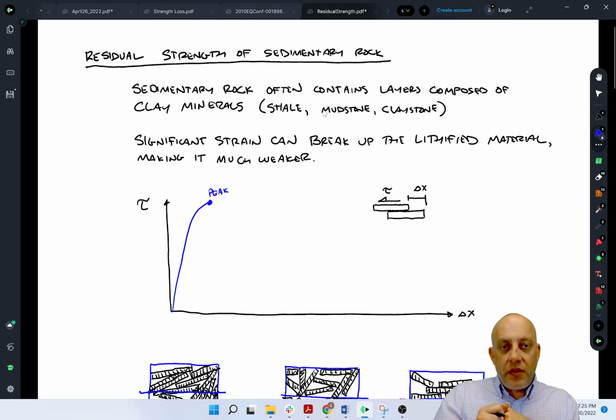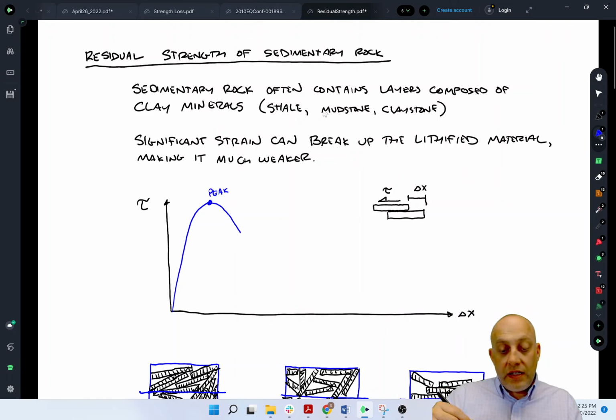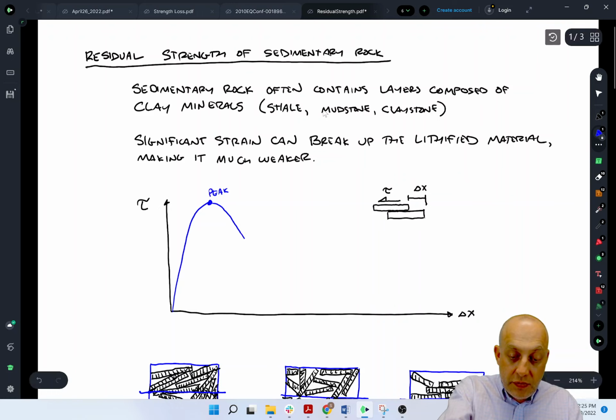Once you reach that peak, though, now the particles start breaking up and you're undoing some of the lithification that has happened over all those years, and so it'll start coming down. And this particular kind of claystone will significantly lose strength and basically go to a residual state like this, where you get this kind of flattening of the curve. So over here, you're at the residual